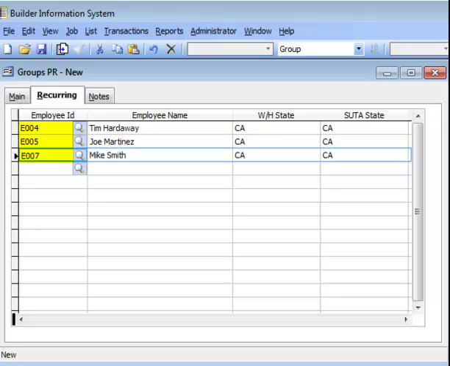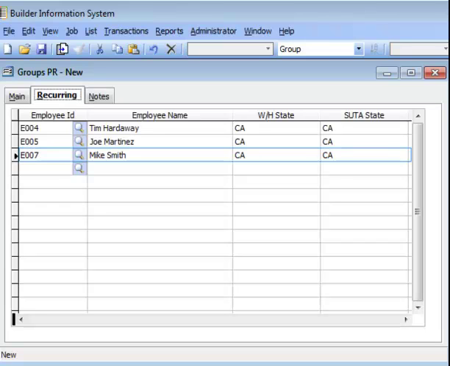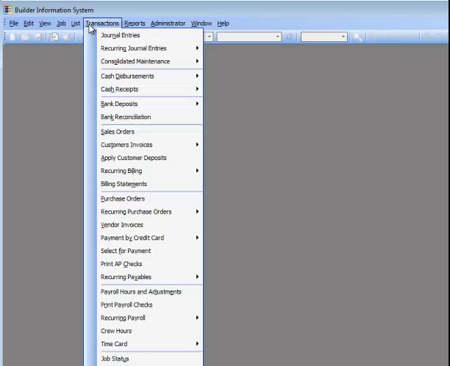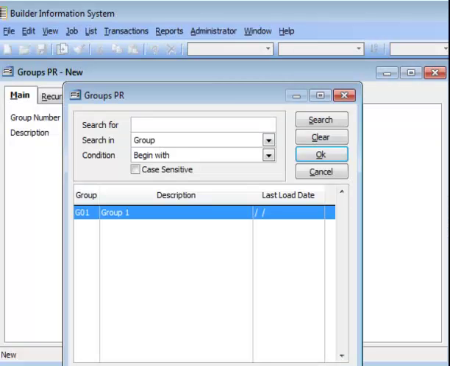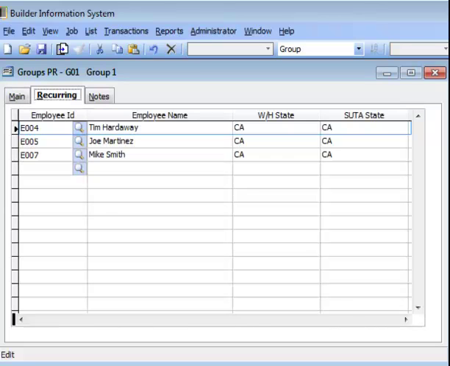The employee ID, name, and withholding and SUTA states auto-populate the form. As is commonly found throughout BIS, a Notes tab is provided in the event that any related internal notes need to be documented. Once all recurring PR records have been selected for that group, save the group. At any time the group needs to be modified by adding or removing recurring PRs, access the group form, use the search feature or VCR buttons to select the group record, then select the Recurring tab, make any needed modifications,